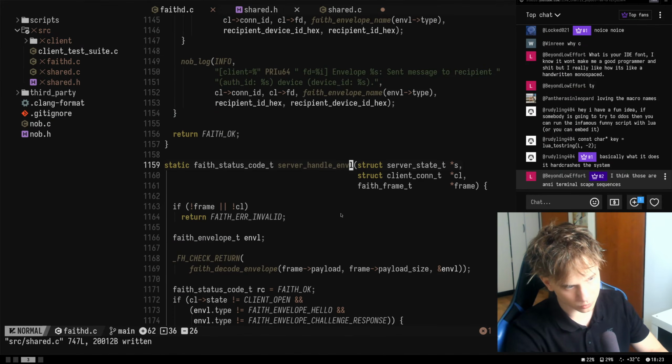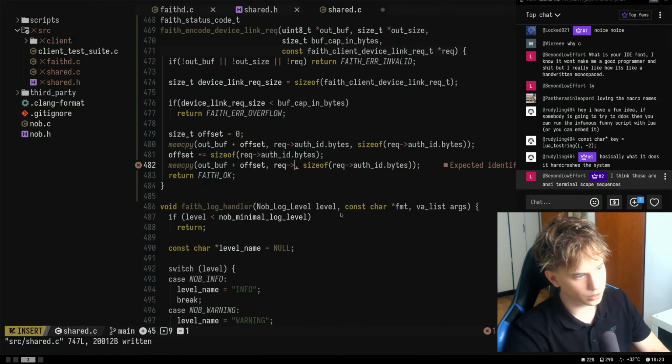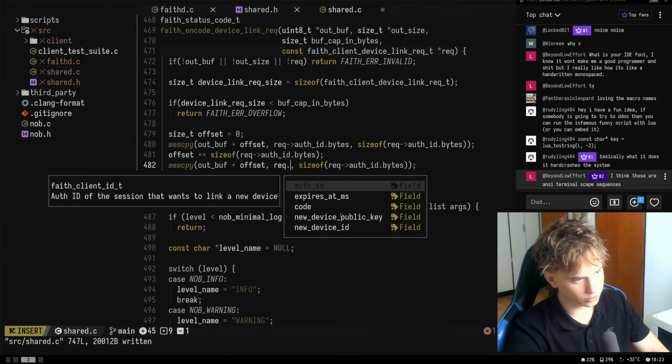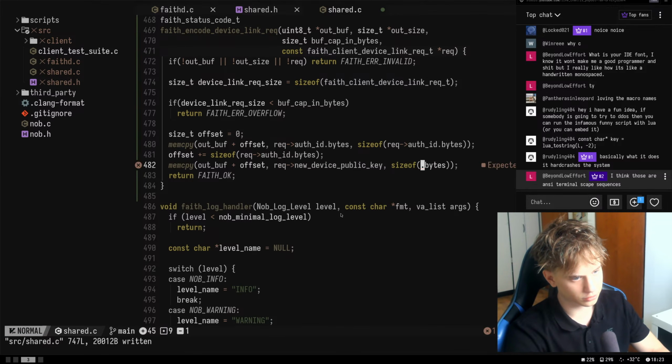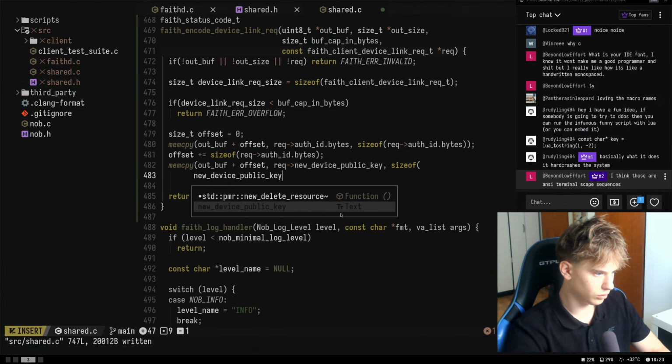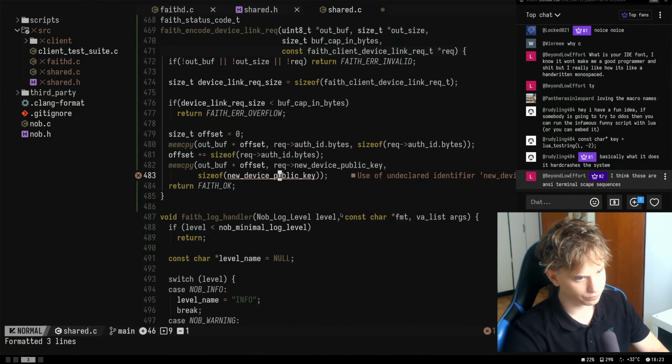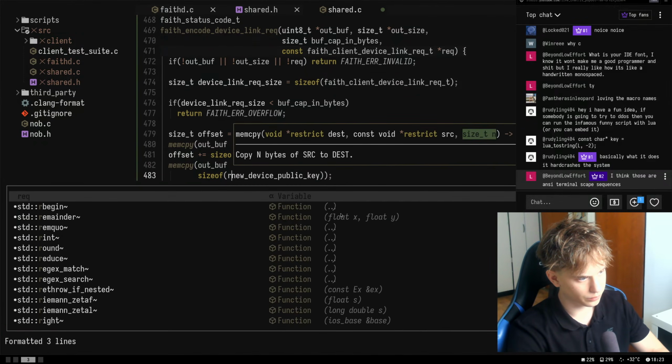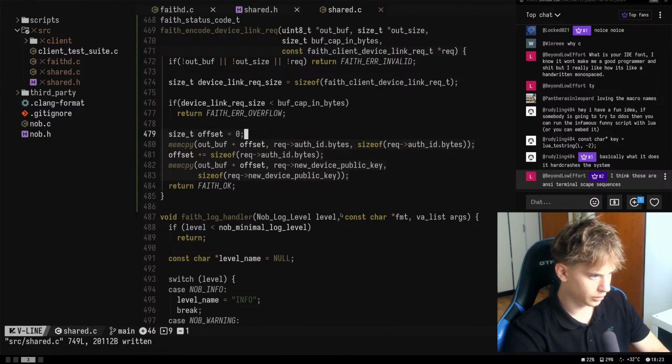Public key. All right, so let's have the public key. I think with the public key it's pretty easy. So let's say new device public key, and then just size of new device public key. Use of undeclared identifier. Okay, so rec. And